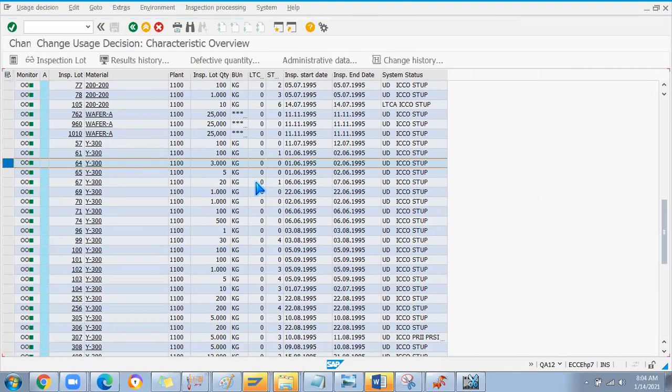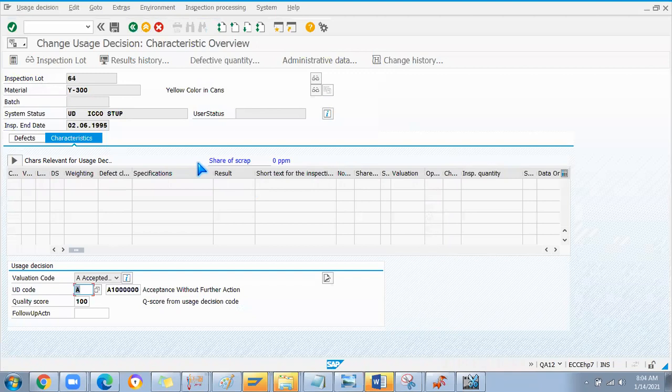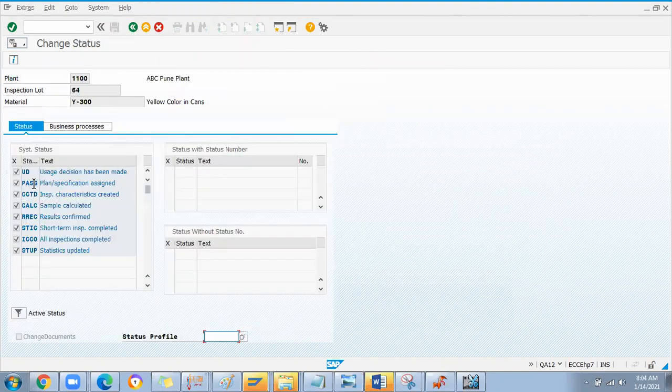Even after doing a UD and all, someone will delete some lots. So here you can see this is a decision made by the quality inspection team for this lot, this material UD. You can see the status like UD ICCO setup. If you see the status, you can see the system status, and see UD, user decision, has been made, if and only if the plan is done, specifications assigned, inspection characteristics created, sample calculated, that step by step process will be there.